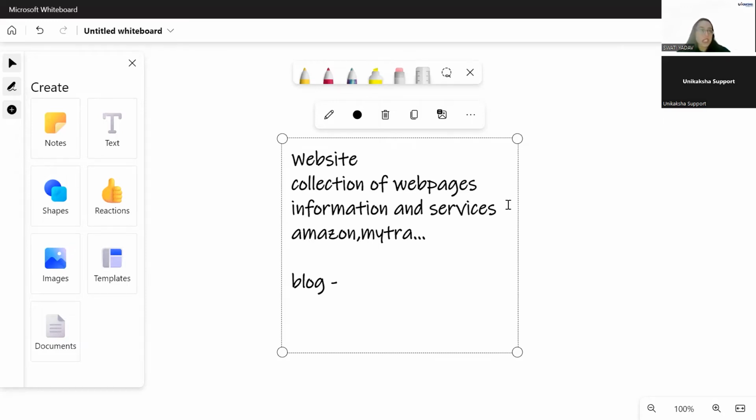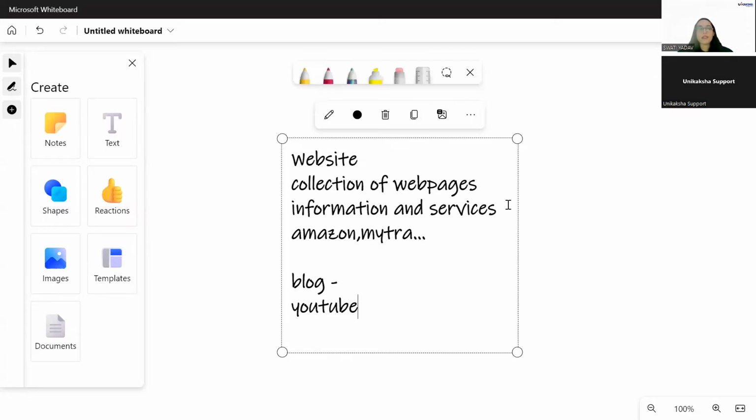Then you have some entertainment websites, which allow you to watch movies, listen to songs, watch videos, play games, and anything like YouTube. So YouTube is an entertainment website, you could say. Then you have news portals, like the BBC, Times of India, and so on, right? The New York Times as well.